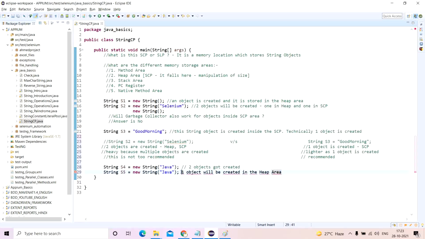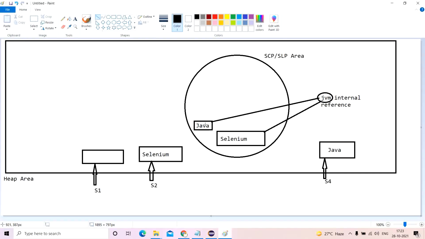And what do you mean by this? See, whenever you use a new keyword, an object will be created in the heap area, simple as that. But then, when the time of creating the object using this particular literal in SCP comes into the picture, JVM will go and find, okay, let me create it in SCP, but it will see that Java is already there and it is being referred by some internal reference.